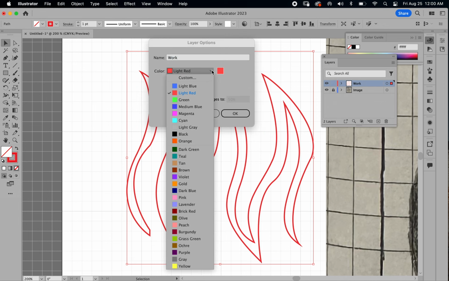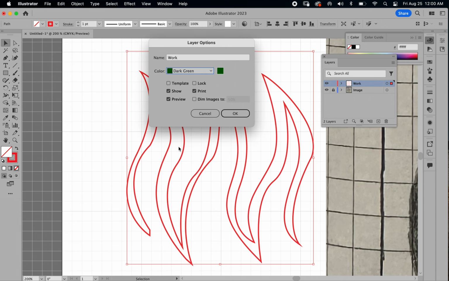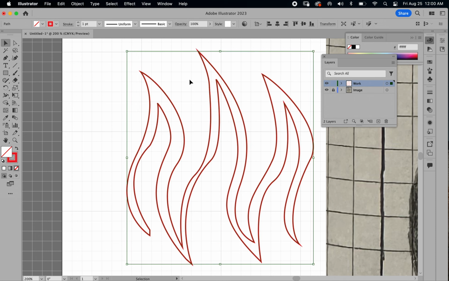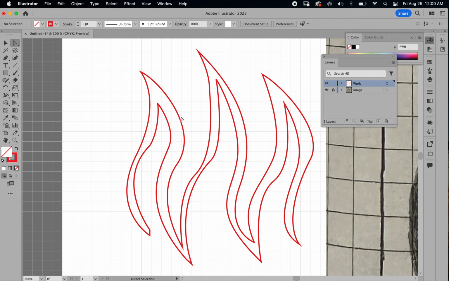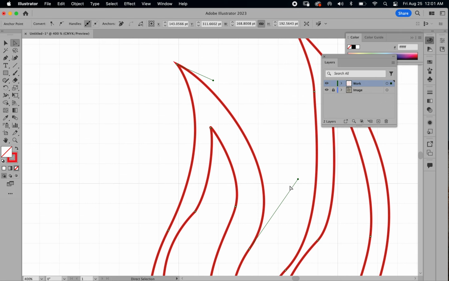So let's go with a dark green. There we go. So I got the green. And the reason why I'm doing this is because when I select this, I want you to be able to see the points. And it's really going to be hard for you to see the points if they're red. Okay, so you see these points here. This is where I clicked